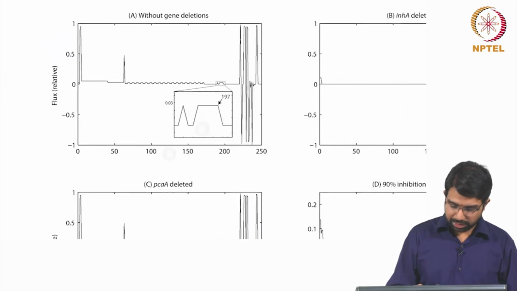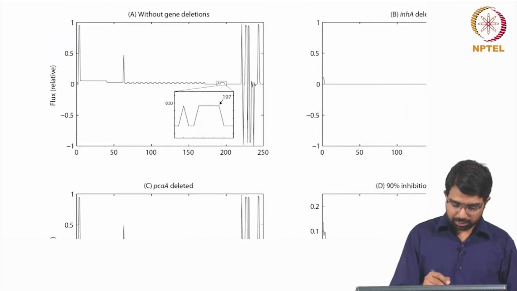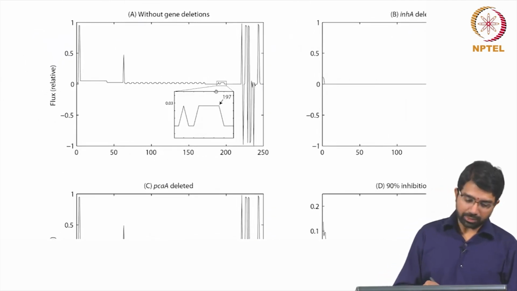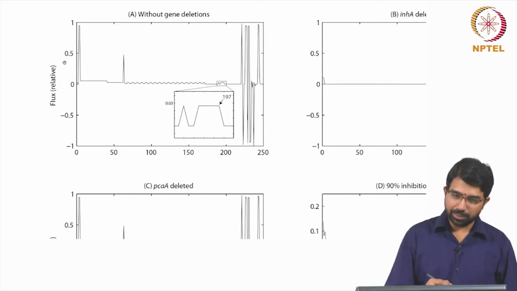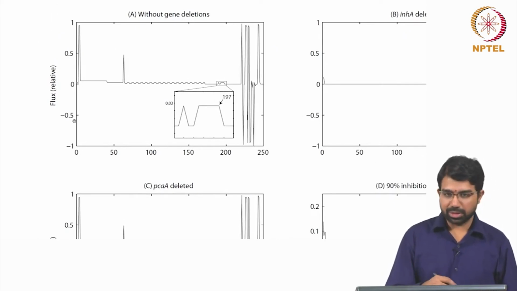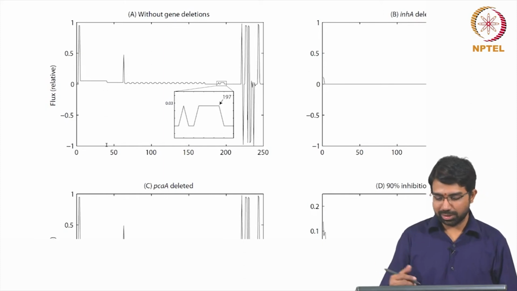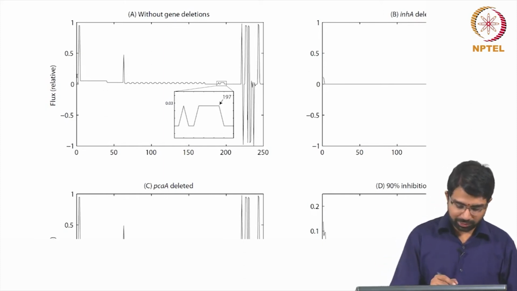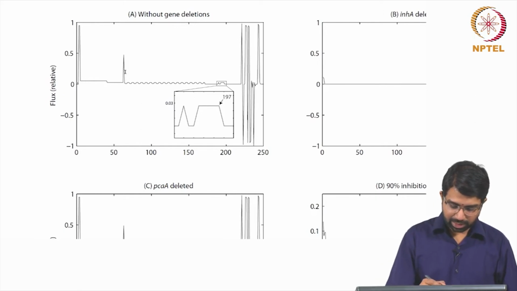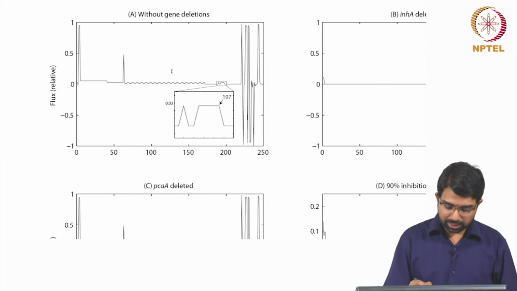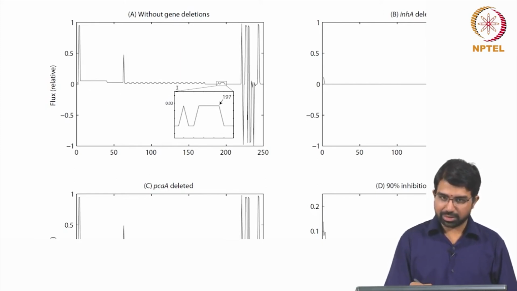So this is without gene deletions. So we are just plotting the flux distribution here. And on a relative scale, right? So -1 to +1. You can think of this as -1000 to +1000, whatever bounds that you give. And you see that some flux is very high, nearly 1, and another flux, I think this is for acetyl and malonyl CoA. And then the cycle, all the reactions actually have a very similar flux,